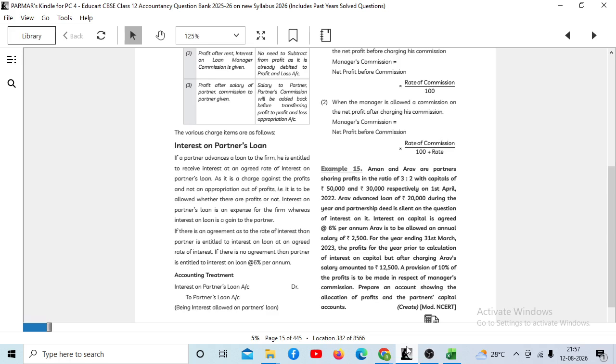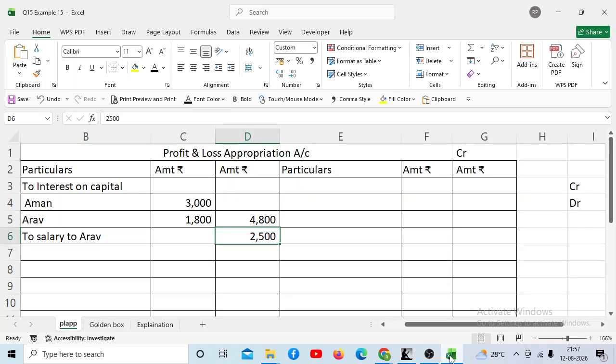The profits for the year prior to calculation of interest on capital but after charging Arav's salary amounted to 12,500. So profit is increasing, right? What is the golden box telling? If profit is increasing, it will be written in the credit side. So I am writing it in the credit side and I am writing it in the